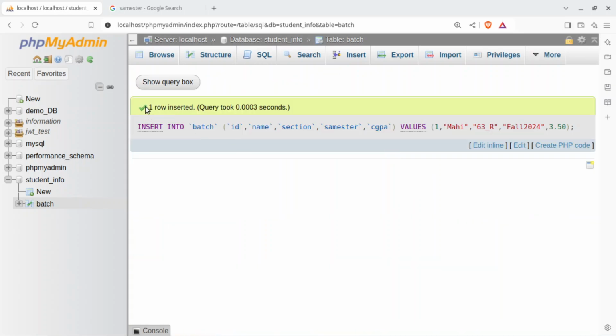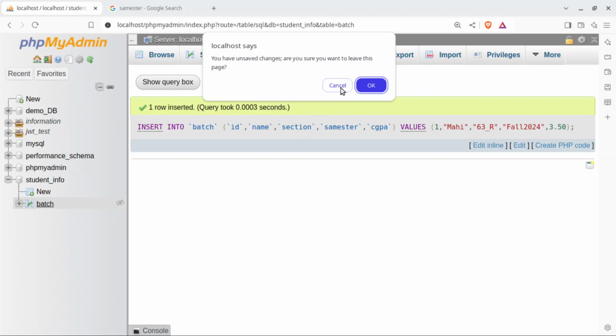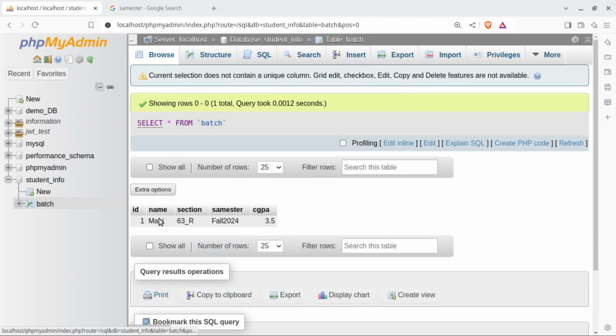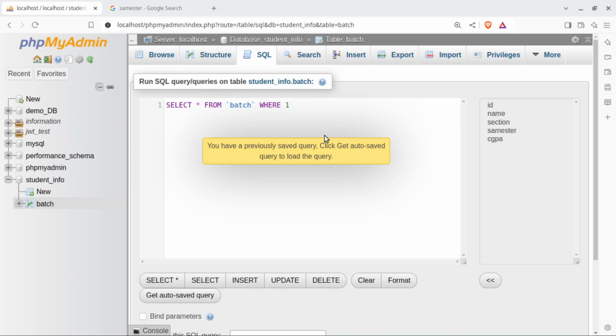Okay, so here you see one row inserted. As it is actually inserted, to ensure that I have to click the browser, batch and okay and browse. So here you see one, my CGPA is set here appropriately. If I want to put multiple values, then what I have to do is